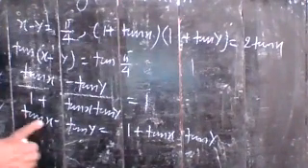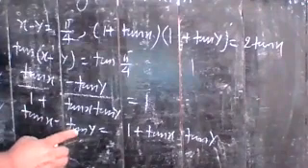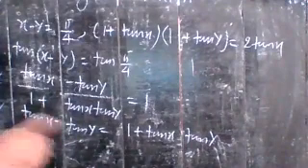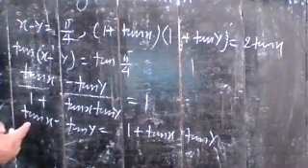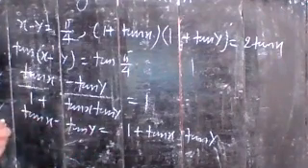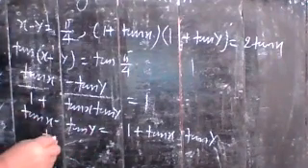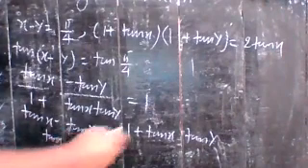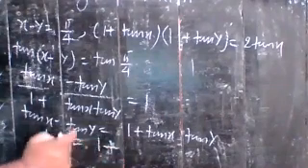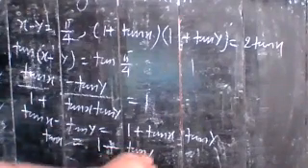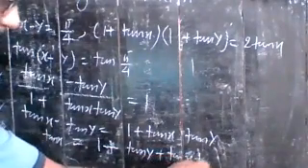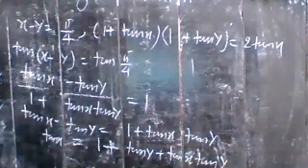So what you do, you have to transfer this tan y to the right side first, and add tan x to both sides. So if you add tan x here, it becomes 2 tan x. So first you transfer it, and it can be written this way. Here you have tan x is equal to 1 plus tan y plus tan x tan y. You write it in this way.